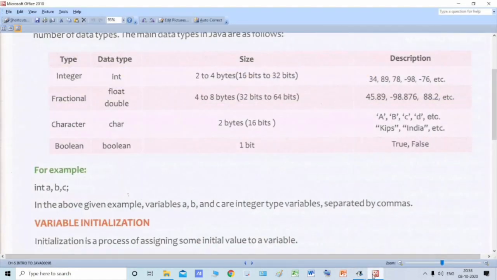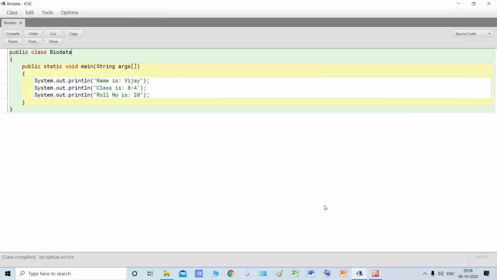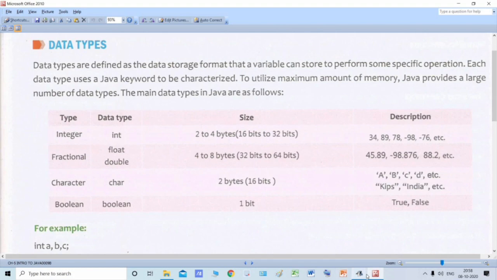Let me show you. It can accept any whole number, but it cannot accept a decimal number or a character. You cannot write A, B, C, D over here. Moving on.